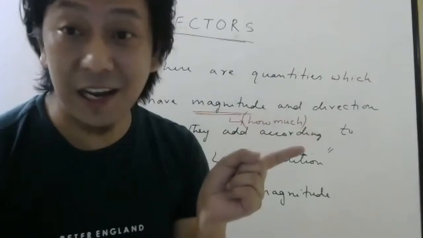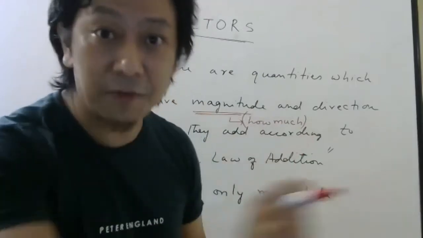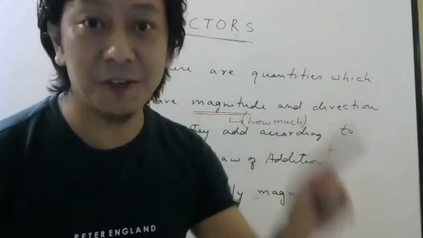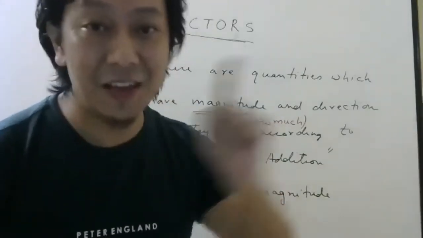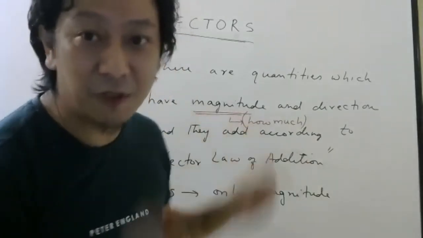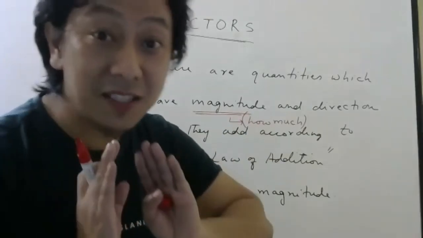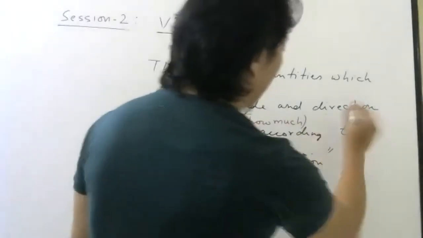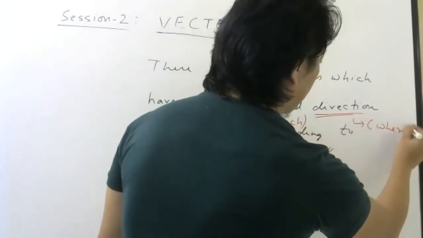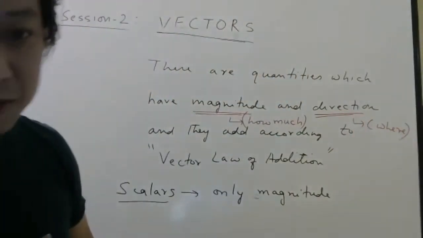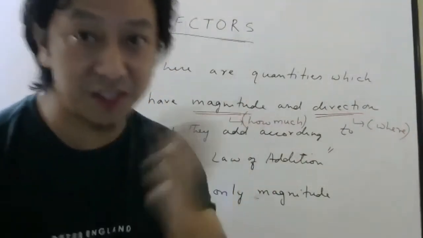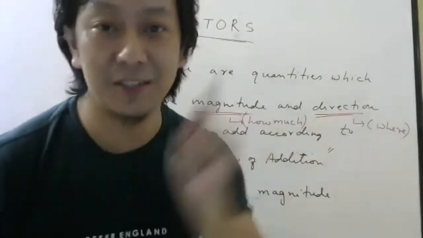Understood? So when I was telling you before, I am applying a force of 5 Newton towards east. That means 5 Newton is the how much, right? How much, that is, magnitude. 5 Newton is the magnitude. Towards east means direction. So direction you know, right? Direction means where it is pointing. Okay, students. So keep this in mind. Magnitude will tell you how much is there, direction will tell you where it is.